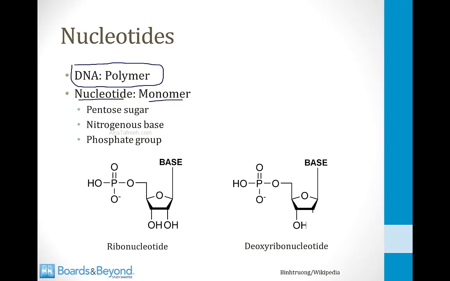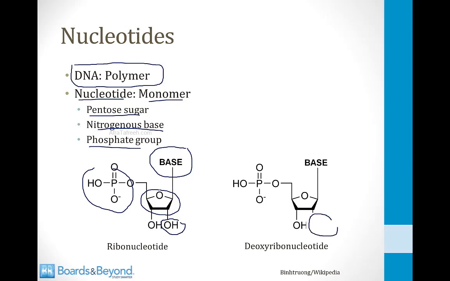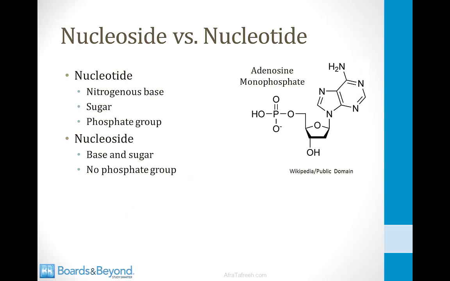And like I told you before, nucleotides have three elements. They have a pentose sugar, which is this unit right here that I'm circling. They have a nitrogenous base. The base is not shown in terms of its chemical structure, but it would sit right here. And then finally, they have a phosphate group. And if you see an OH group right here, then it is a ribonucleotide. If that OH group is removed, as I've shown you over here, then it is a deoxyribonucleotide because the oxy group has been removed. So usually people say that DNA is made up of nucleotides, and when they say this,